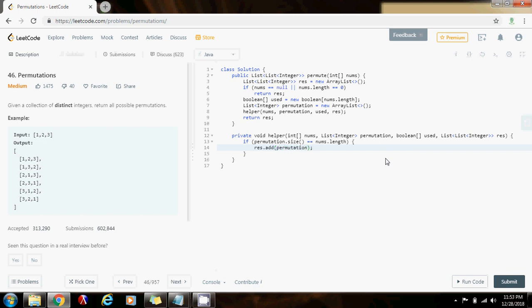permutation. So here you have to be careful, because this is a reference. So I don't want to add a shallow copy. I want to do a deep copy, because this list is gonna continue to be modified. It's gonna be modified when I go back. So I want to do a deep copy. New, so that would be new ArrayList, and in the constructor I pass the permutation, and that's gonna make a deep copy. So it's gonna copy all the objects. It's gonna make a new object,